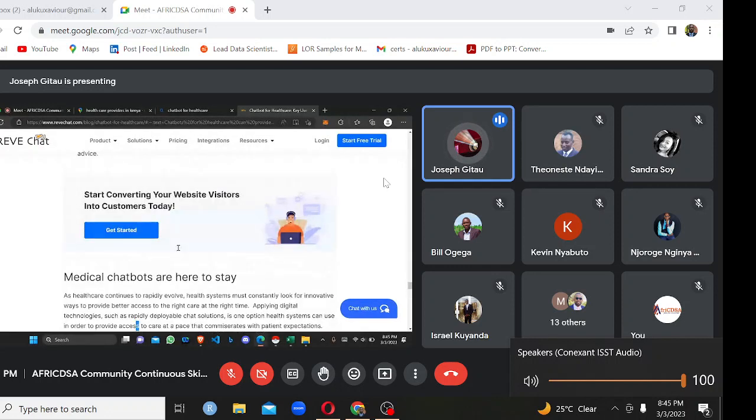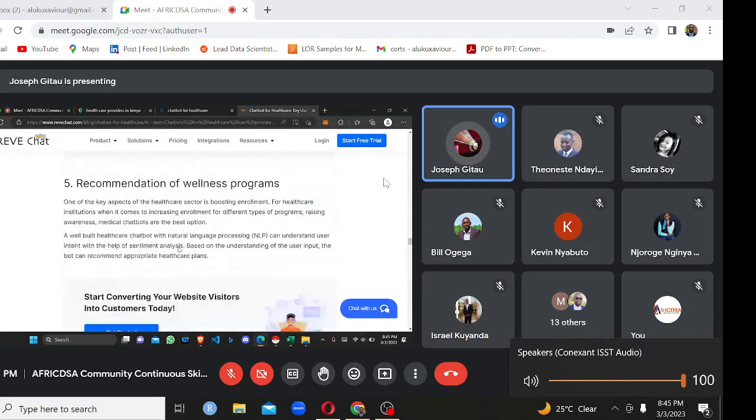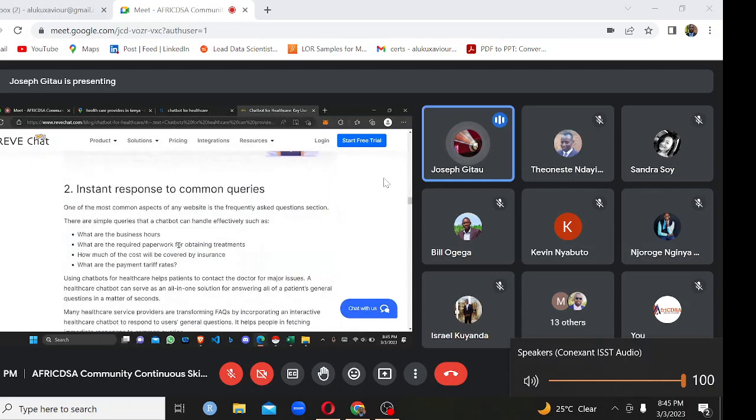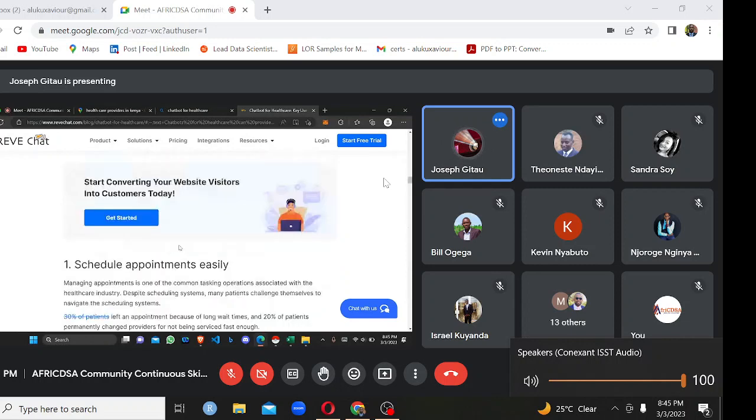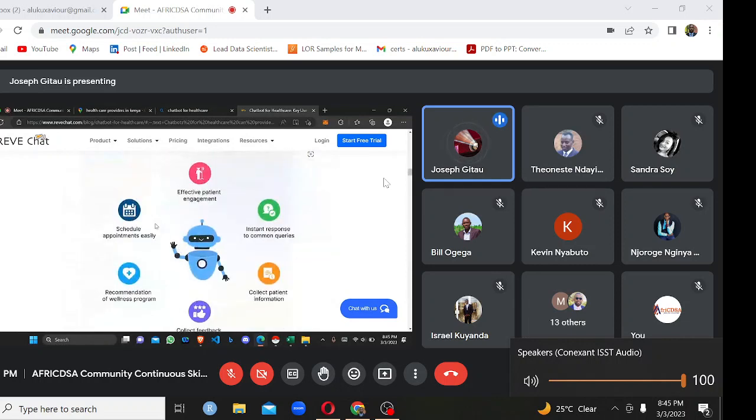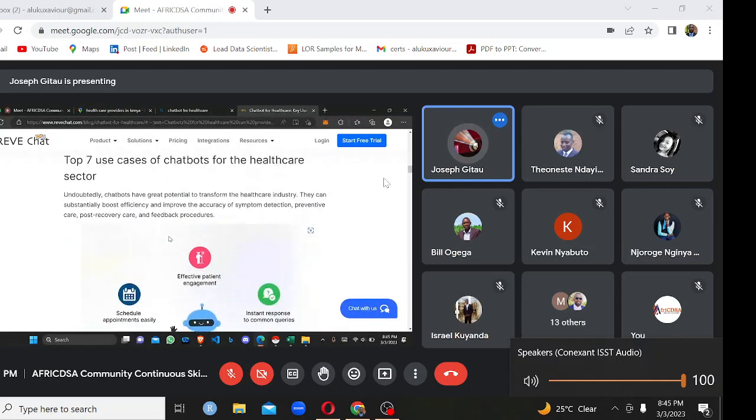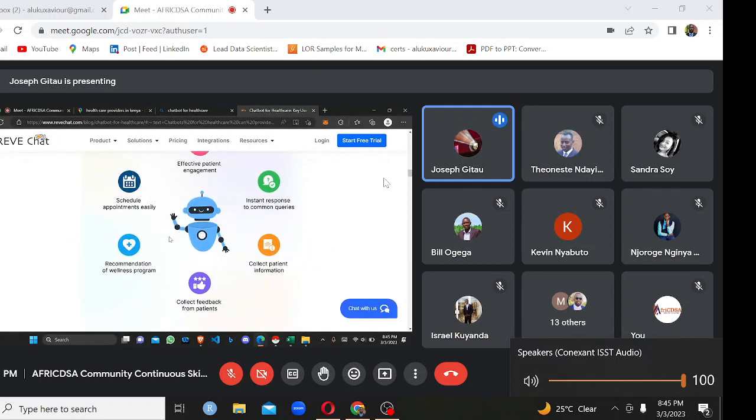Okay, so you can see for this last point, it's more of research. So you're going to research and see what has been implemented and maybe what you can implement as your own. So I think this diagram over here